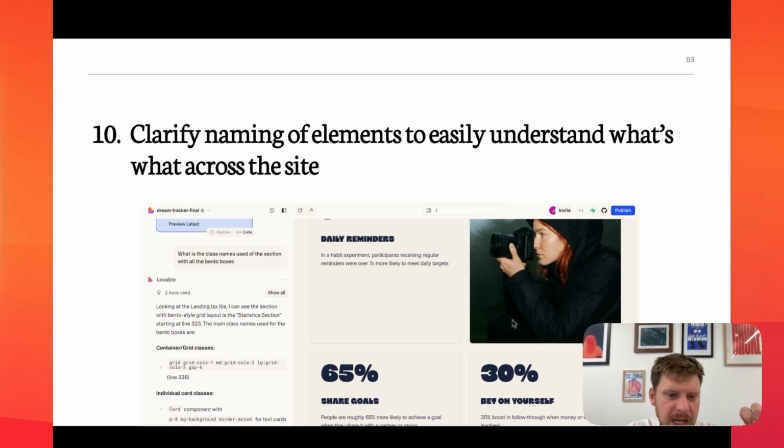So you can just say, okay, what are the classes of all the H2s? Okay, cool. I want to change each class name of H2 large to be the color blue in this exact hex code.